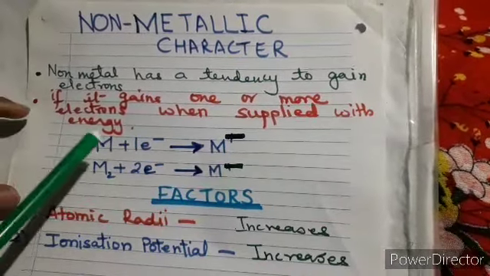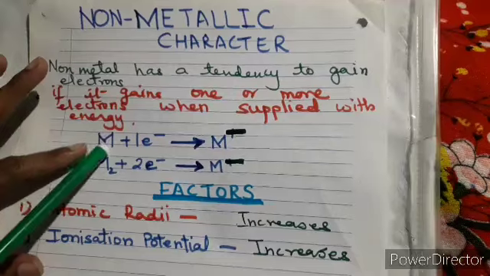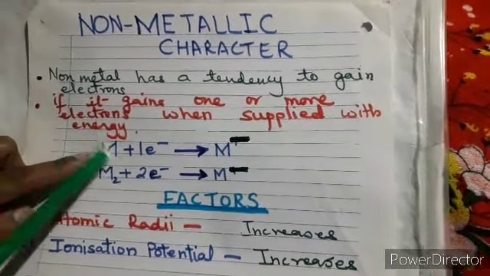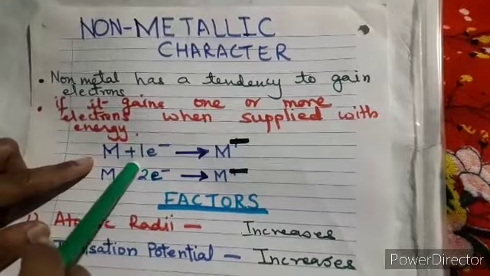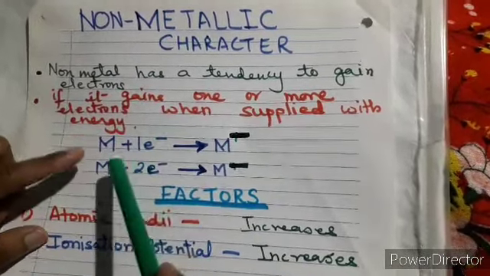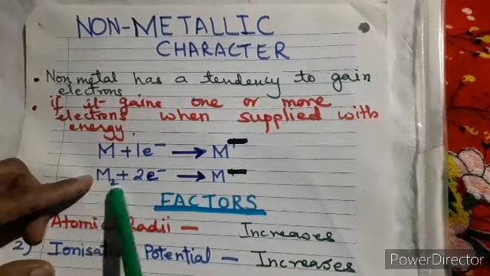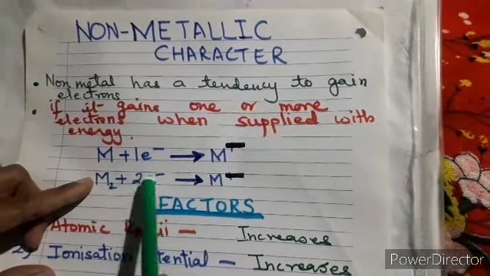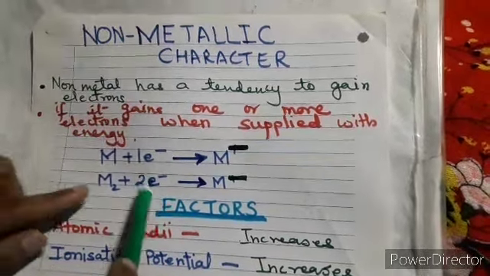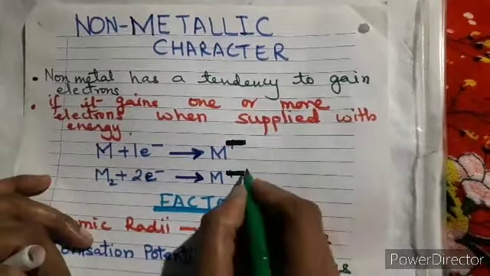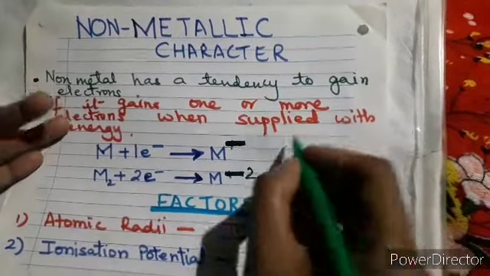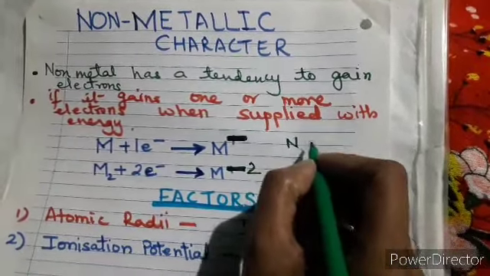So I have written this. I'm writing it with M as an alphabet, indicating a non-metal, and I'm saying that it will take 1 electron, and once it takes an electron, it will acquire a negative charge. Over here I am again taking a non-metal, and it is taking how many electrons? 2 electrons. So 2 electrons are taken up. How much charge will there be? -2. In the same way you can use some other abbreviation also, another alphabet.